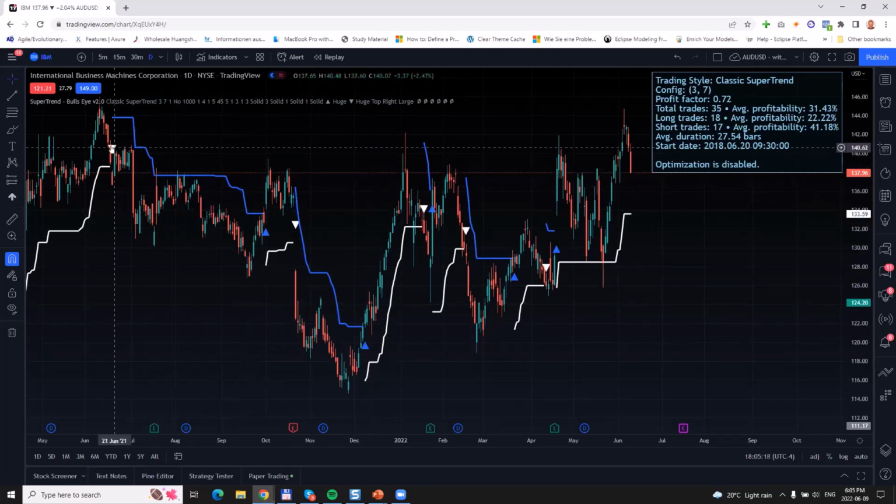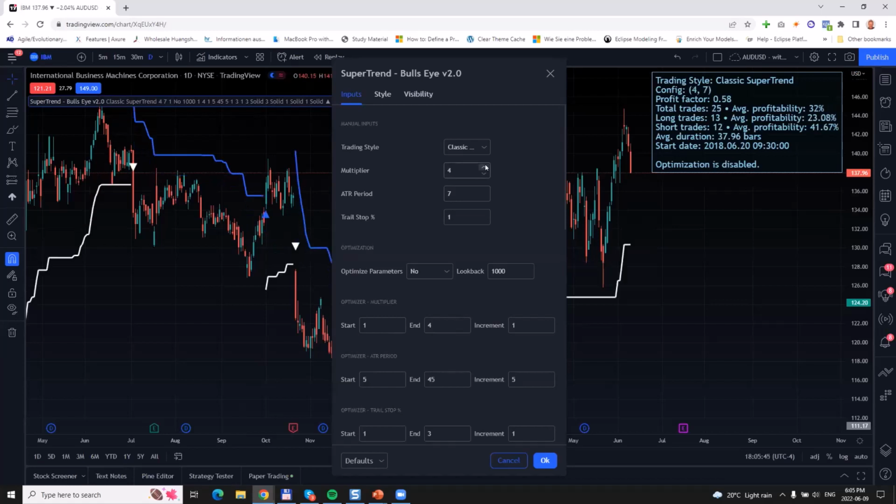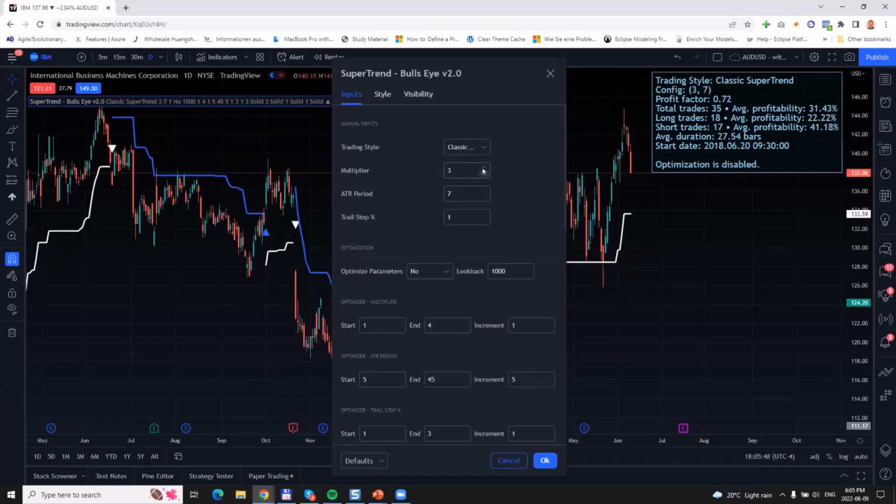Whenever a sell trade closes above its trading stop, it reverses to a buy trade. And we stay long until we close below our trading stop, which happened here. And then we reverse again. And this continues on and on. In fact, classic super trend has two main parameters, which are the multiplier and the ATR period. And observe this, if I change these parameters, the signals on the chart will update immediately, as you can see here. Now, the question is, how do we know which settings to use for the multiplier and the ATR period?